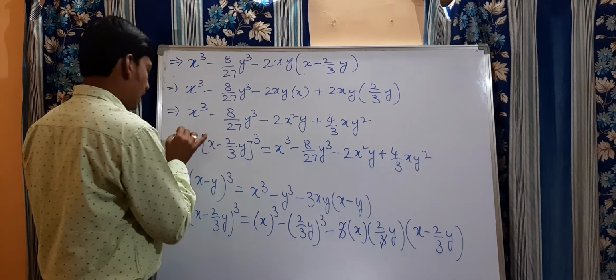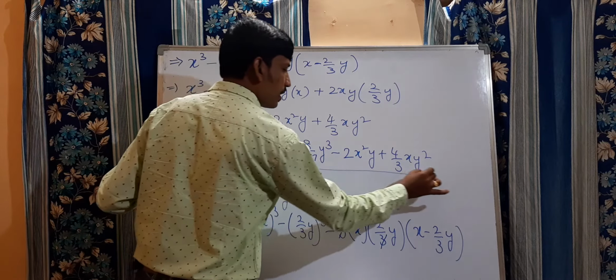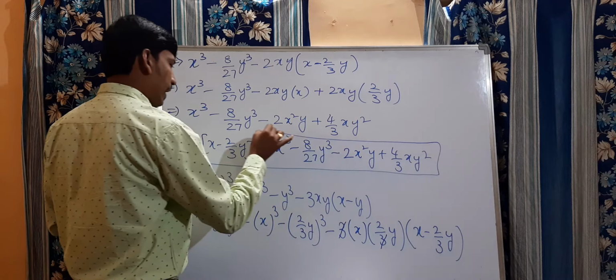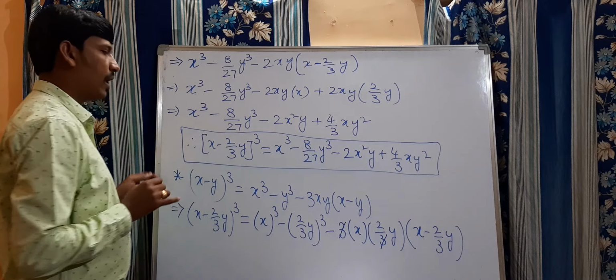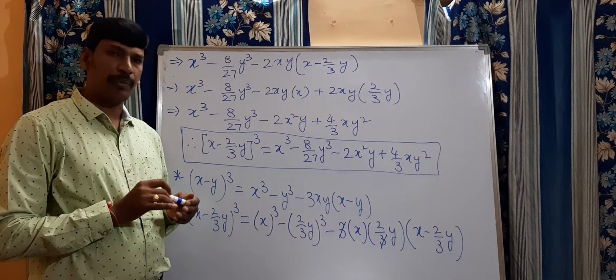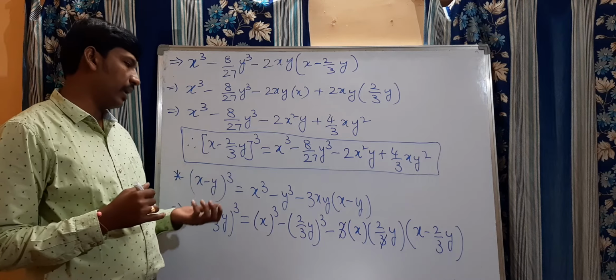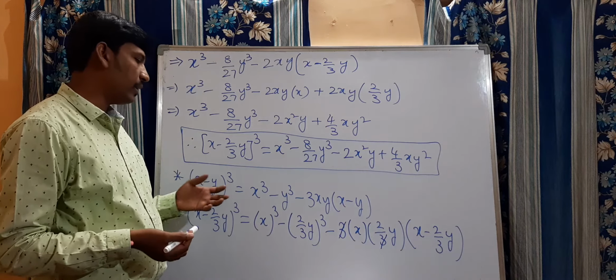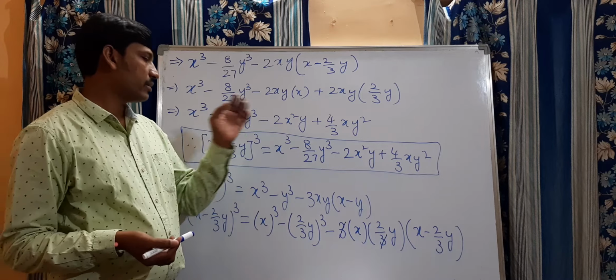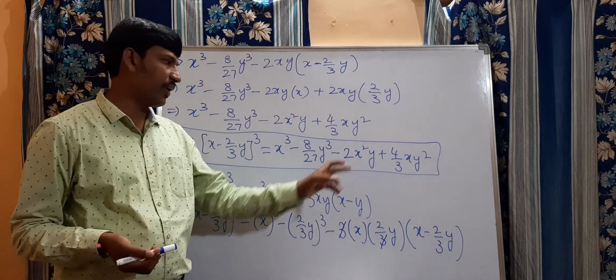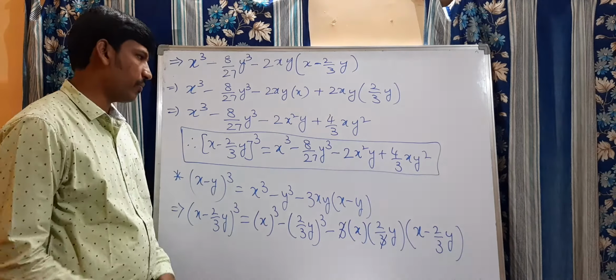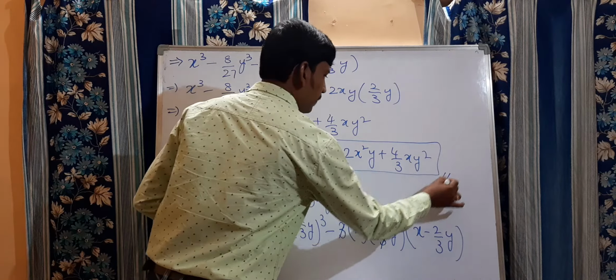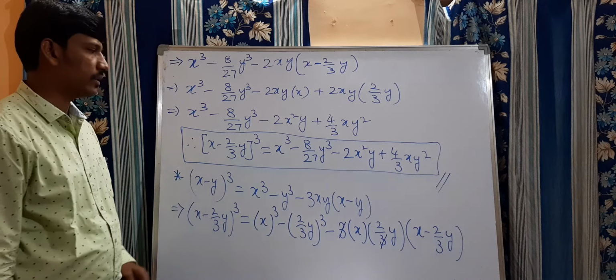This is your answer. Here, my dears, you have to simplify each and every term, or you have to expand the given problem with the identity we are going to apply. So whatever identity we are going to apply, please substitute x and y terms, simplify, and you will get the solution. Please note down this. This is your answer. I hope you understood that.